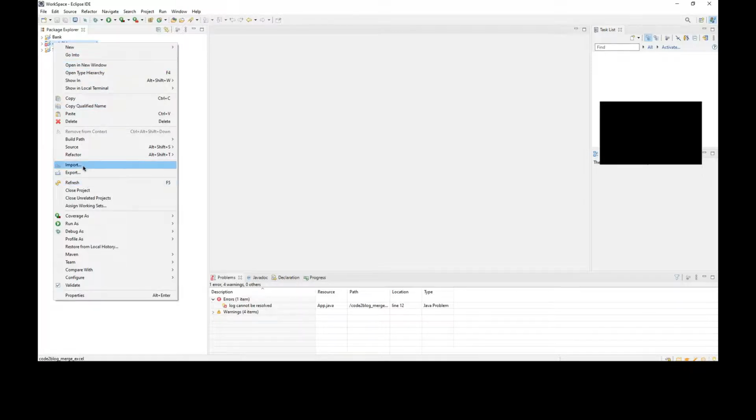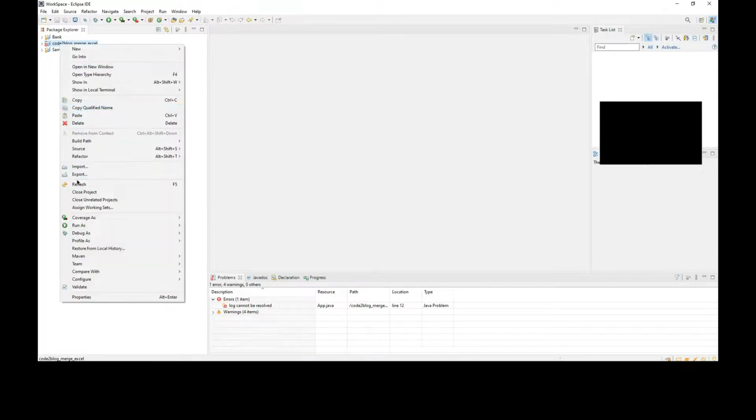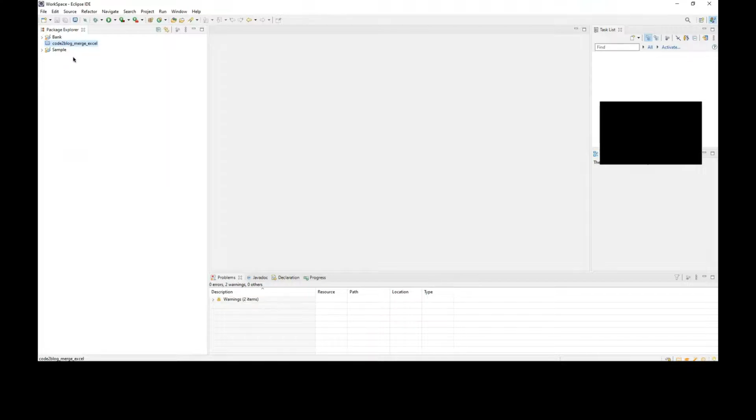Close project, right below refresh. Below refresh, there was a button called close project. Click on that button. Now the error has gone away. Now open that project again. Errors have been resolved. Now click on app.java.